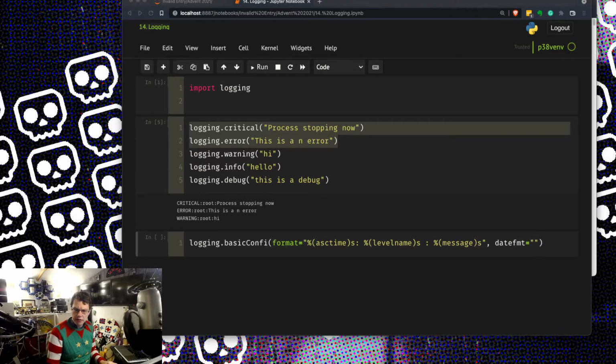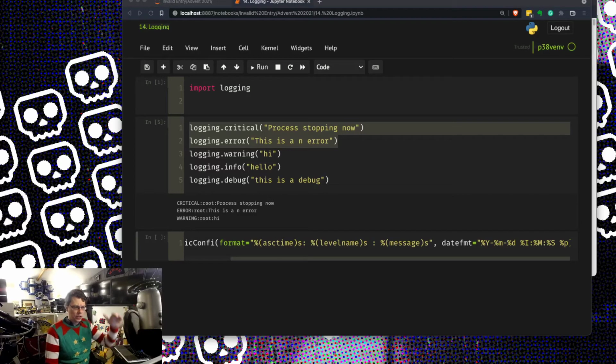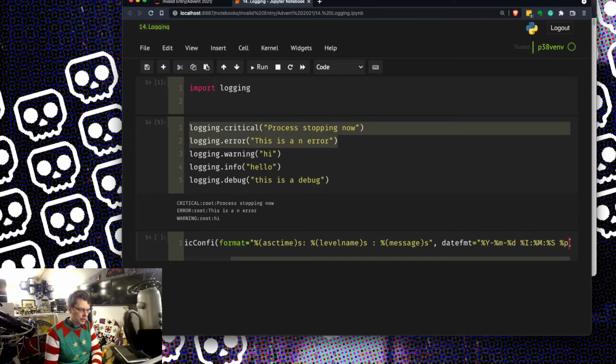I'm actually going to bring my date format in. I'm going to copy and paste this from the other screen. The reason I'm doing that is because I don't want to look up all these codes. But I actually want my date to be year, month, day, so that when I look at them, they go in sequential order. If you start doing day, month, year, or month, year, day, it's not always in numerical order. So I always do year, month, day when I'm doing computer programs. This is going to do local hour followed by AM, PM. Just because of what I've chosen.